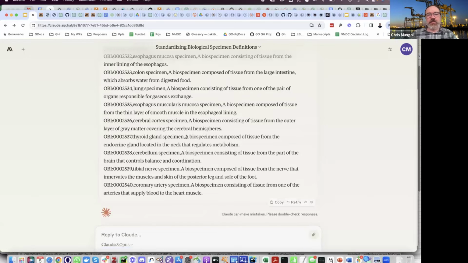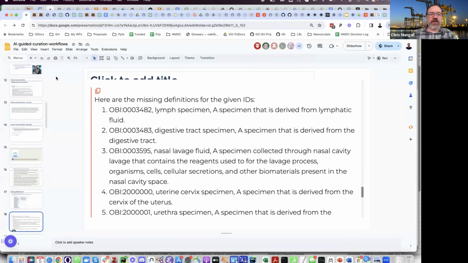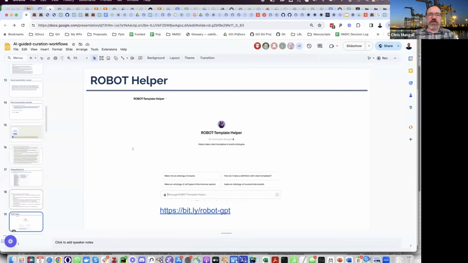But yes, the point is, if you just ask out of the box, it will hallucinate things like IDs. But we'll return to this shortly with something that works a little bit better. So okay, so far we've done things that have been completely out of the box with some of these tools. We're going to stay within this theme, but we're going to start